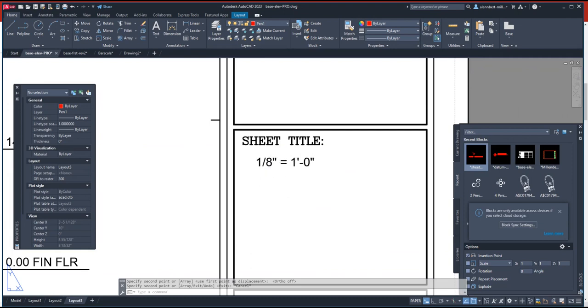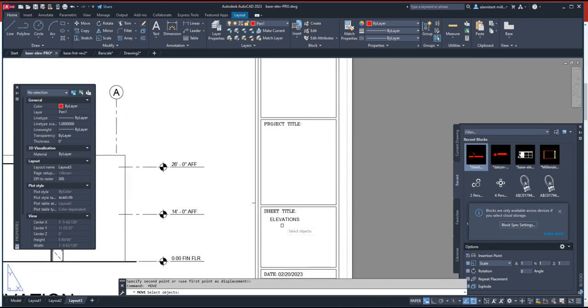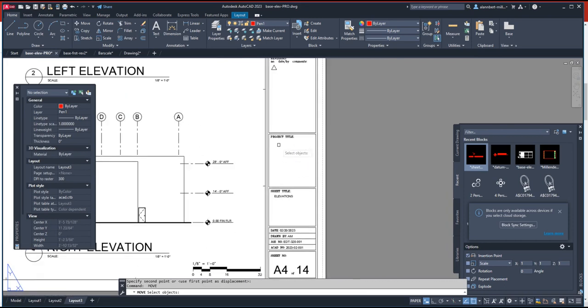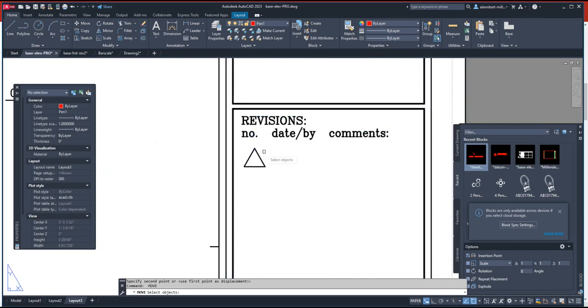And then simply double click and change the value to elevations. Okay, and then move that, it's too far. And then the last thing is about the project title. Okay, revisions is used when you submit this to the building department, and the building department bubbled something or ask